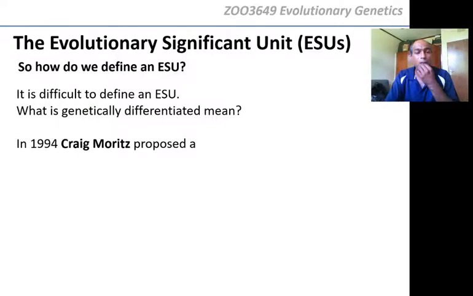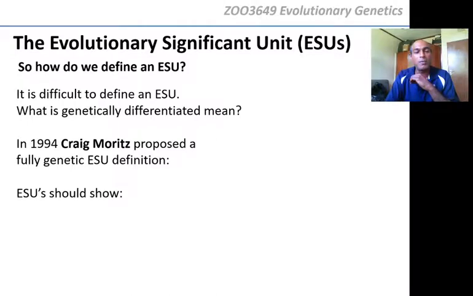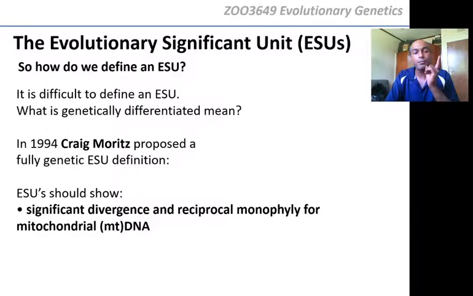Craig Moritz in 1994 came up with a seminal paper on conservation units, and he proposed that ESUs can be defined completely by genetics, and they should show significant divergence and reciprocal monophyly for mitochondrial DNA. So in other words, if you have a monophyletic clade of mitochondrial DNA within a species, it means that